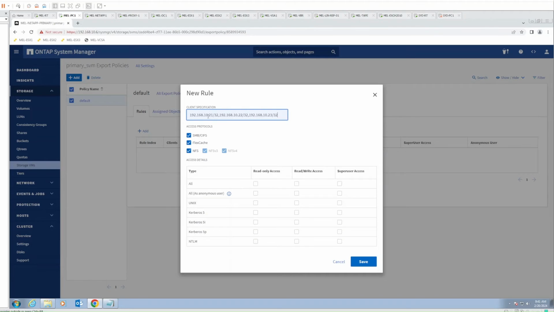So they're my three ESXi hosts, 10.21, 10.22, and 10.23. You can uncheck these because I'm not going to be using SMB. I'm not entirely sure what FlexCache is, but I am going to be using NFS, and in particular, I'm only going to use NFS 3. And essentially, I just fill up the access. So basically, these VMware servers will have full access to the NFS storage that I'm about to configure. So click save